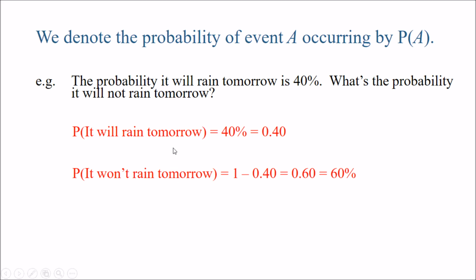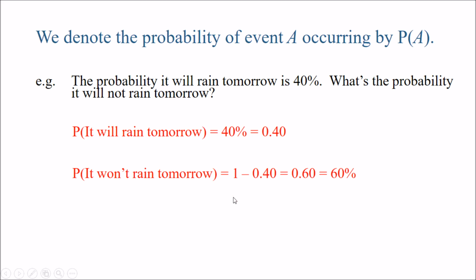These two events are said to be complementary. They give the complete set of possibilities. Either it will or it will not rain. When dealing with probabilities of complementary events, the probabilities will always add up to either 100% or,